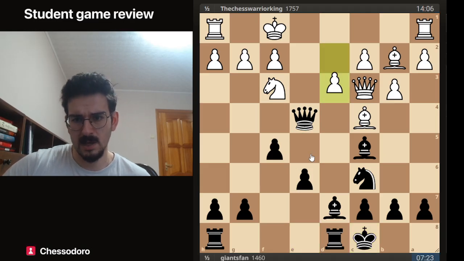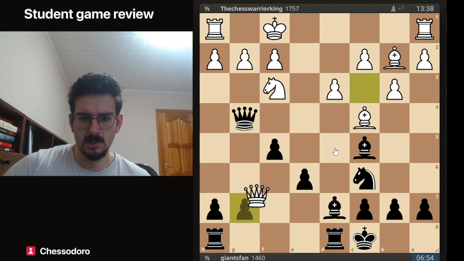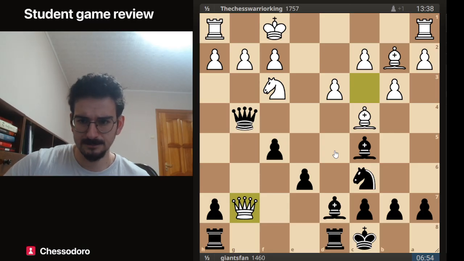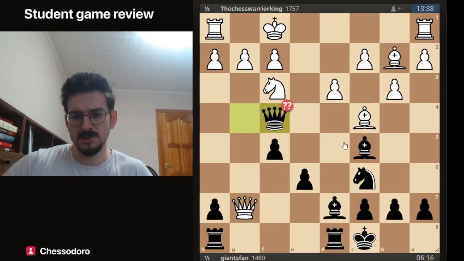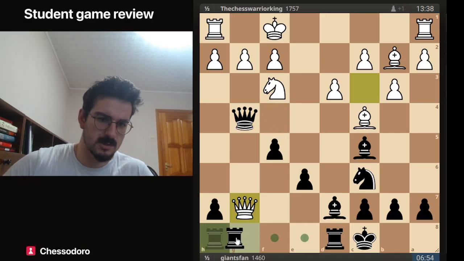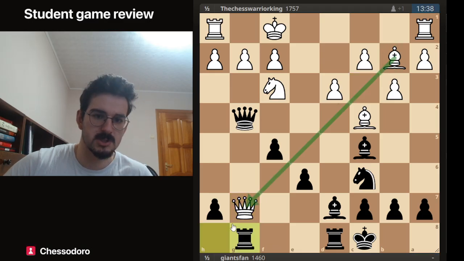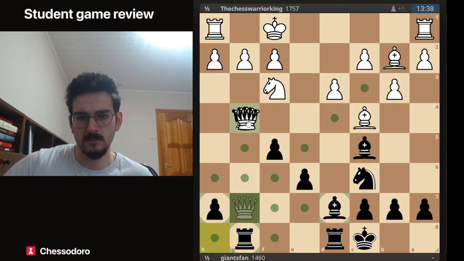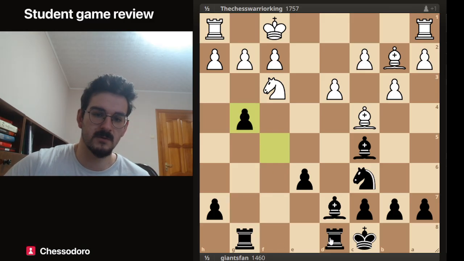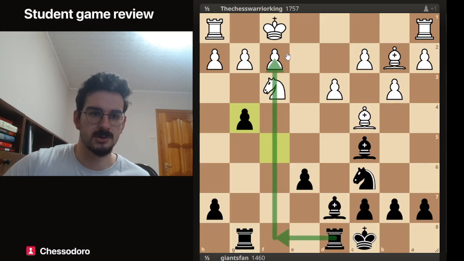So let's see what happens. d3, queen g4, and queen g7. So now White has another long-term advantage, queen f4, but unfortunately this is a bit too slow. Here, interestingly, Black should have moved the rook away from this bishop's diagonal to not lose it. And of course, White will take, and Black will take with this pawn, specifically to open the f-file towards the